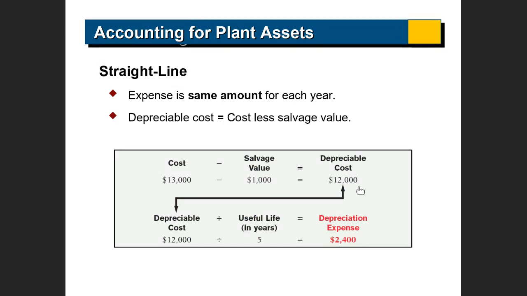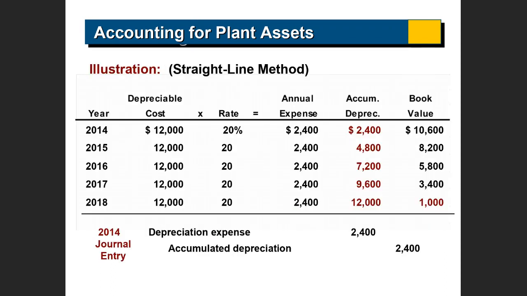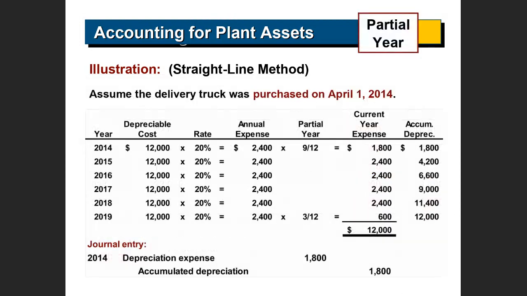Everybody follow? Right? All of you have done this in your exam last week. 12,000 divided by 5, 2,400 annual depreciation. Boom. This is going to be every year. Right? 2,400, 2,400, 2,400, and depreciation expense 2,400, accumulated depreciation 2,400. Simple enough. All of you know how to do this. You have done this. Then we have the